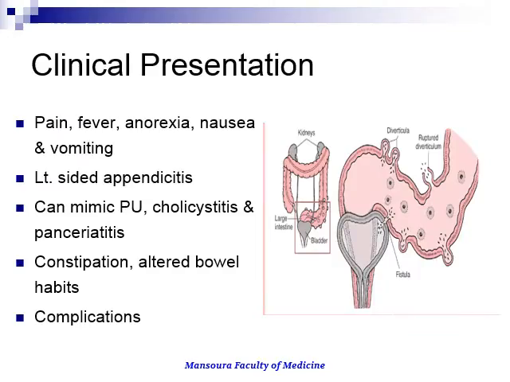If we go through the clinical presentation, the patient usually presents to us with pain, fever, anorexia, nausea, and vomiting. It is pain plus criteria of inflammation. Pain plus fever, anorexia, nausea, and vomiting. The pain is usually on the left iliac fossa, to the extent that sometimes it simulates the pain of acute appendicitis. But